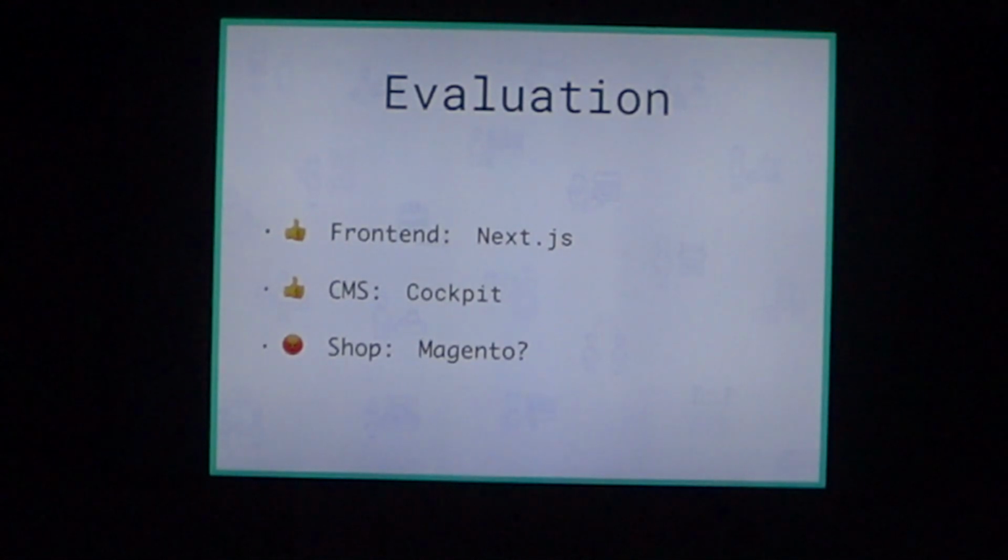We first tried to use some SaaS software. Usually with the headless CMS you find, it's really US-bound, so it's really hard to do localization and different formatting when it comes to international stuff. And for the shop, we were actually at the corner of using Magento because it